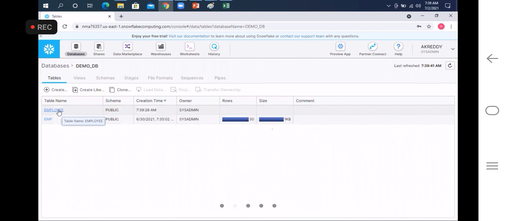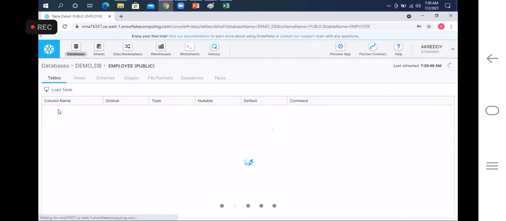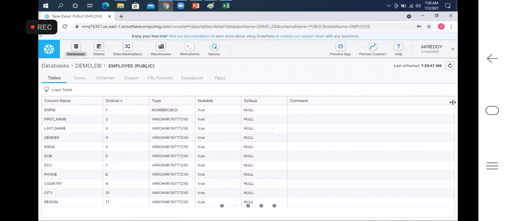This is the table we have just created, and if you click on employee, you will get all the column names maintained in the table. Okay, so here you are getting type number 38, up to 38 characters numbers it will allow for employee ID. For first name, last name, rest all column names we have defined as a string. So which means here